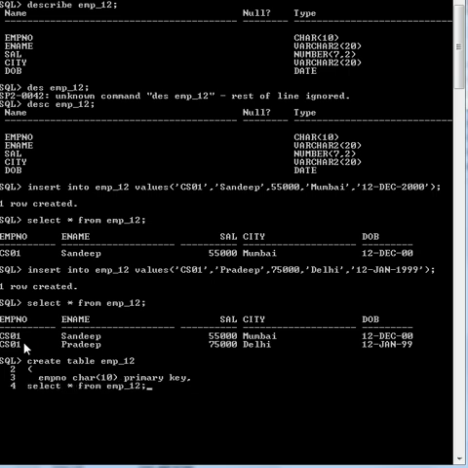EMP number, ename, salary, CT, DOB date, and finally closing parenthesis.